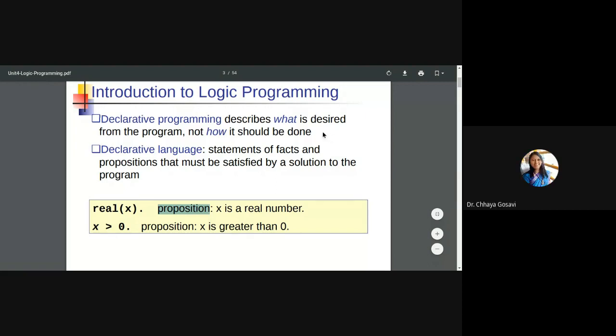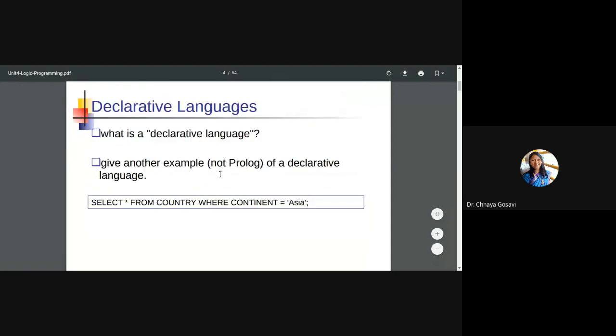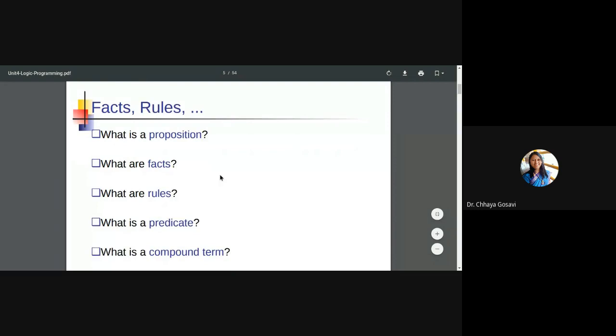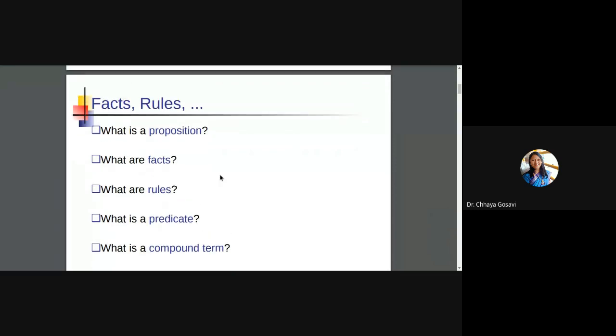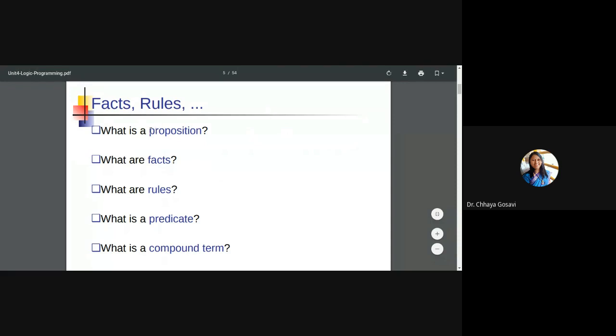I'm just revising what we have seen yesterday. So proposition is a statement which can be either true or false at a time, not both. We have seen these two examples. Then these are the keywords from logic programming: fact, rules, queries, etc. So we have seen what is proposition, what are the facts, what are the rules, what is predicate, and compound